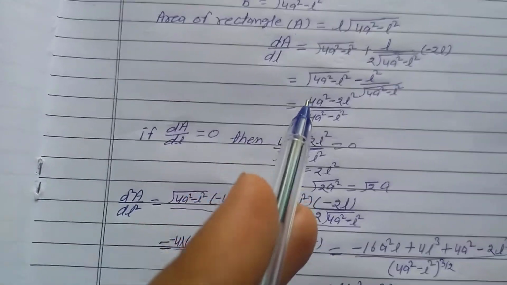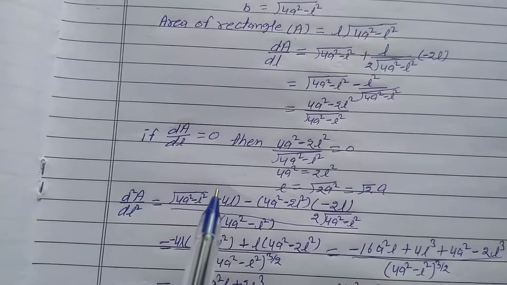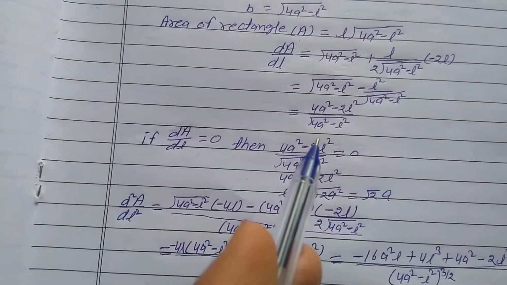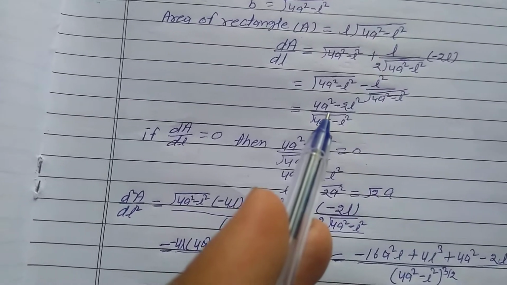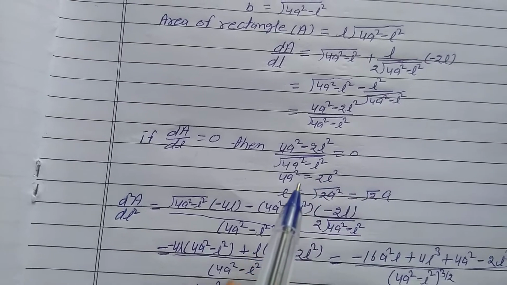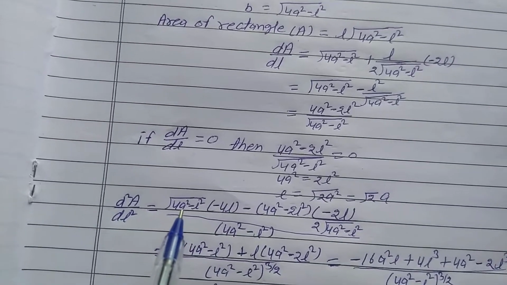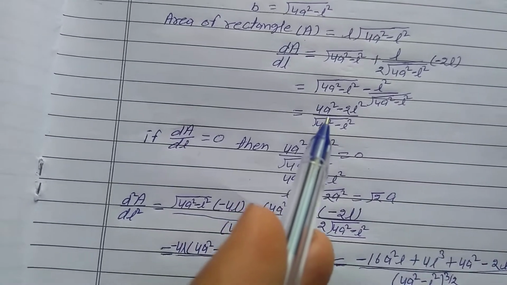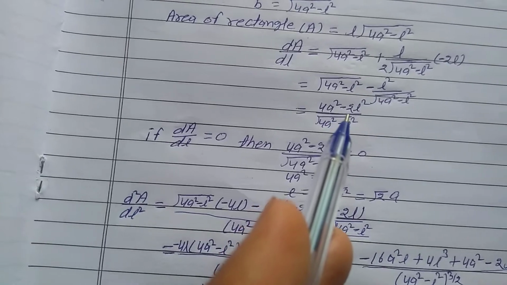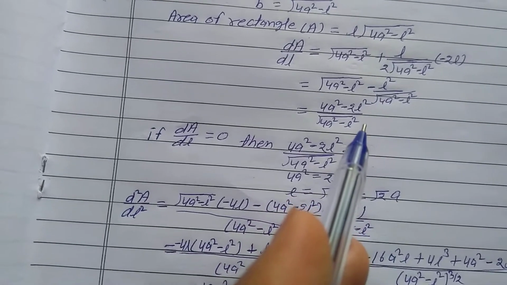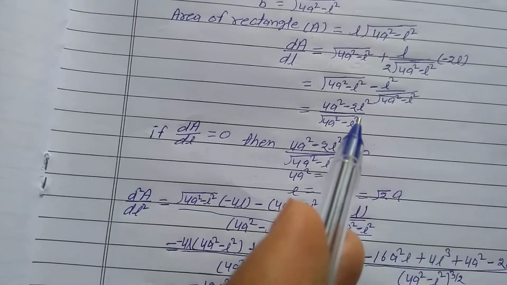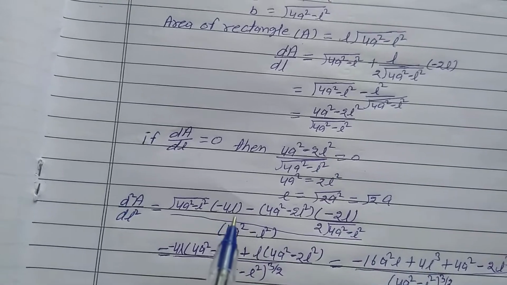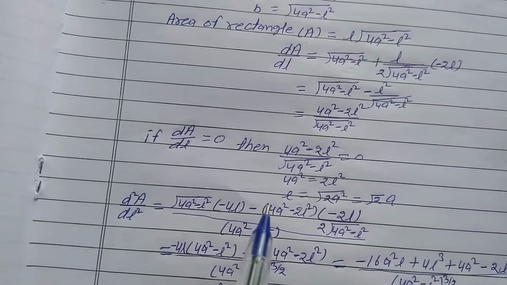And the dA upon dL function is again differentiated with respect to L. So d2A upon dL square is equal to: here the differentiation of U upon V formula is used. So first, V is as it is, root of 4A square minus L square, and U differentiation: 4A square is constant, so it's 0, and minus 2L square differentiation is minus 4L. Because L square differentiation is 2L, so it is minus 4L, minus